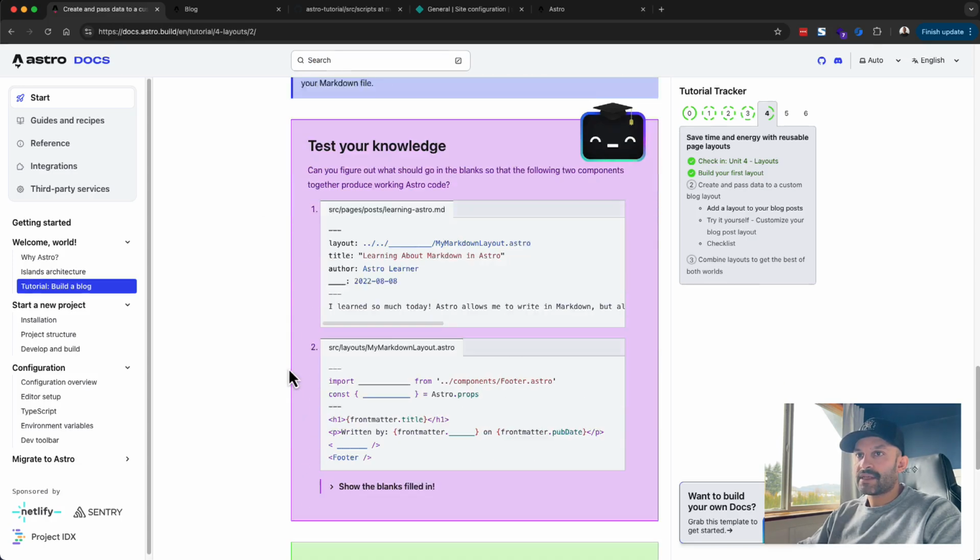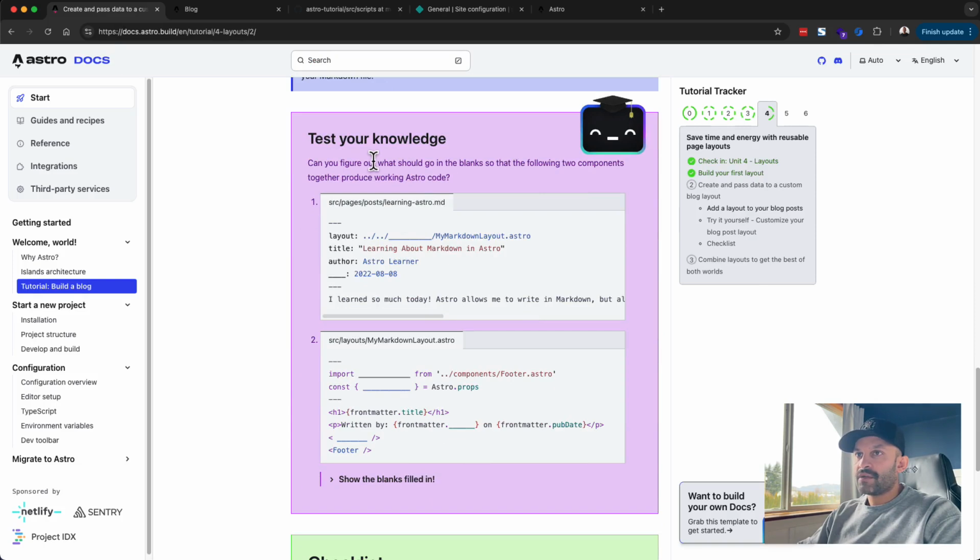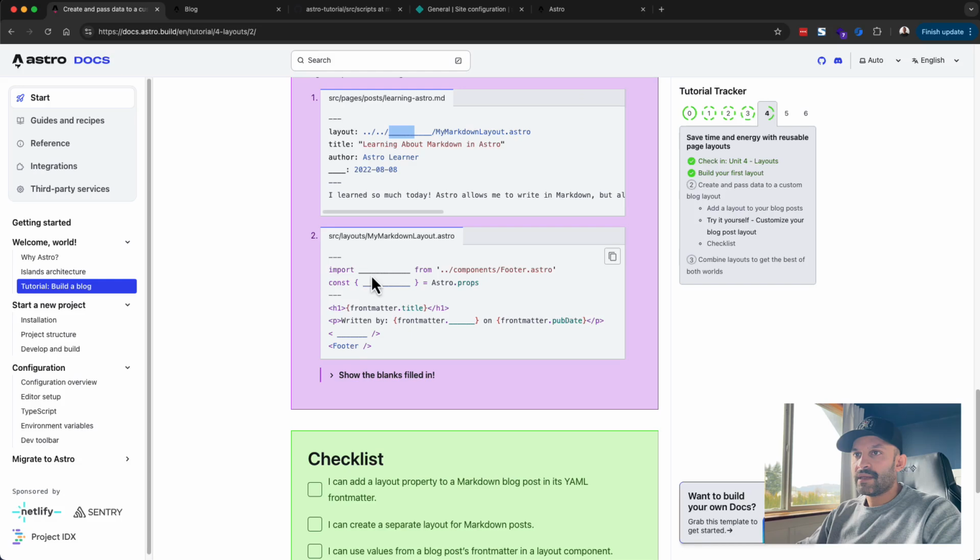So, test your knowledge. Can you figure out what should go in the blank so that the following two components together produce Astro working code? Layout, my markdown. Let's see here. So just in the blank. That should be our source, and it should be layouts. I think posts. I can't remember. And then import